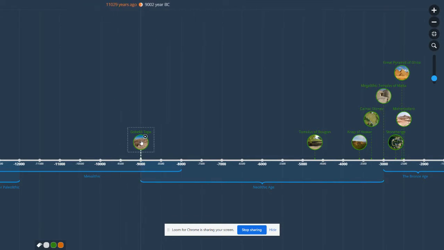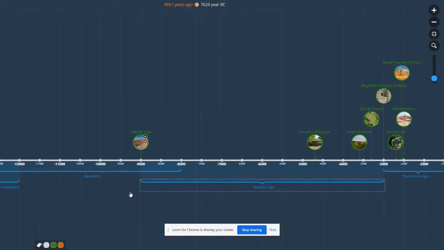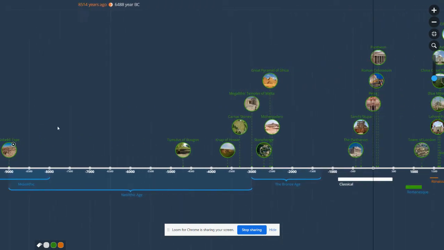The last thing I'll mention is Göbekli Tepe is right at the start of the Neolithic age. Neolithic is when nomadic tribes start becoming more settled, with humanity discovering agriculture and farming, beginning to settle down and stop being nomadic tribes. So it's right at the start of that boundary, which makes it really interesting. Okay, so Göbekli Tepe is an amazing find.